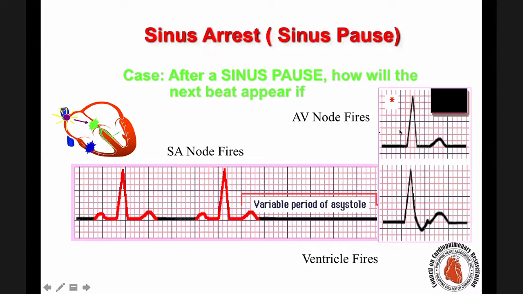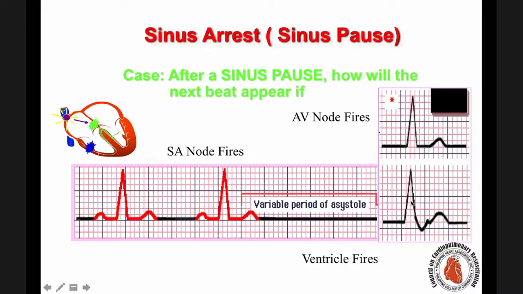It really paused. And the AV node will try to conduct, will try to fire or discharge an electrical impulse to produce an electrical conduction to the ventricles because the SA node took so long to fire. So with a sinus arrest or sinus pause, three things can happen. Either it conducts again from the SA node even if delayed, or the AV node saves it with a fired electrical impulse. Or